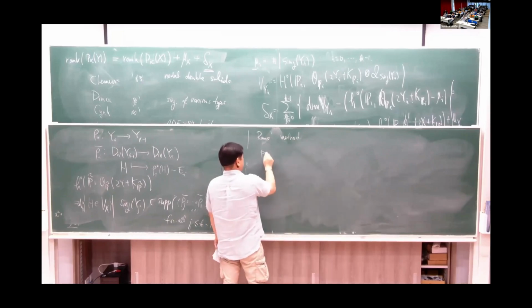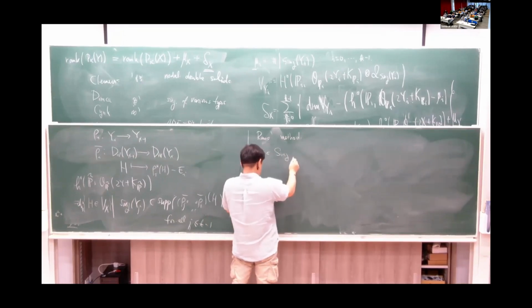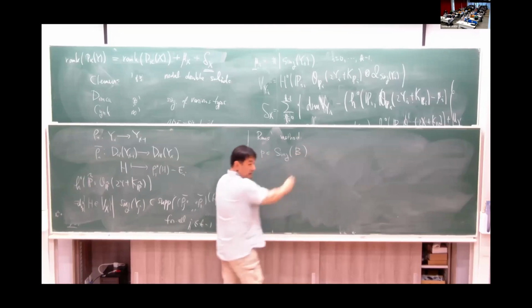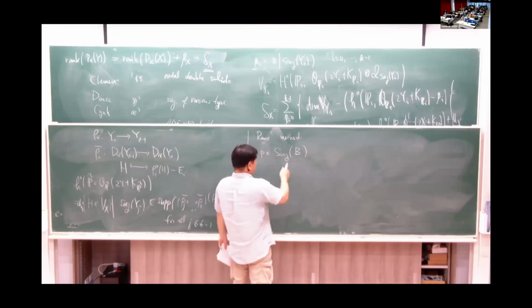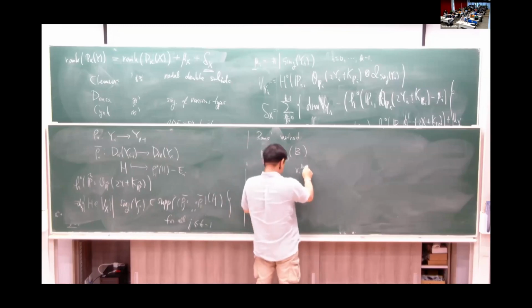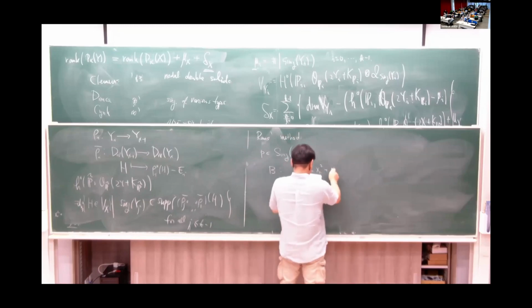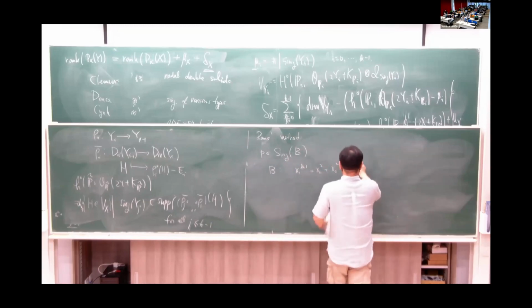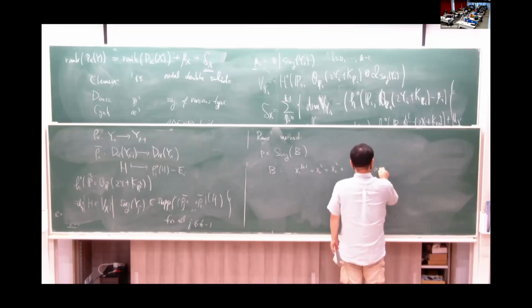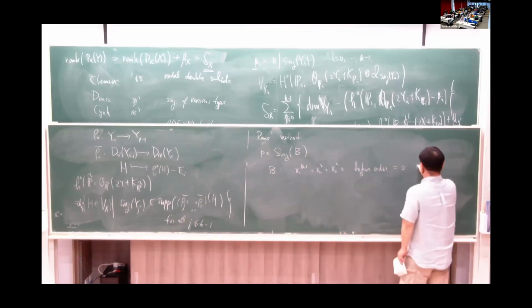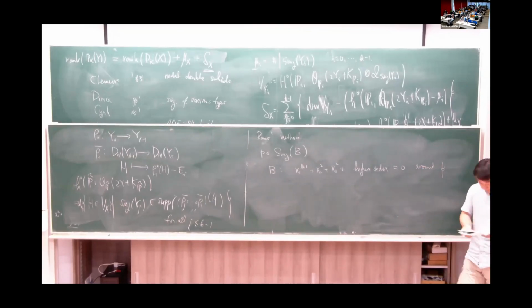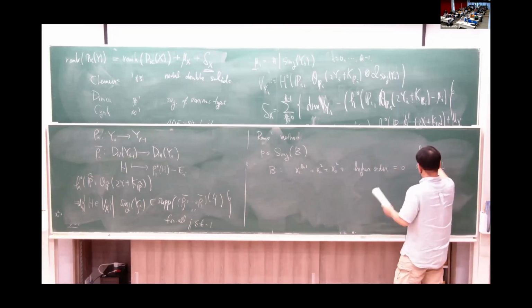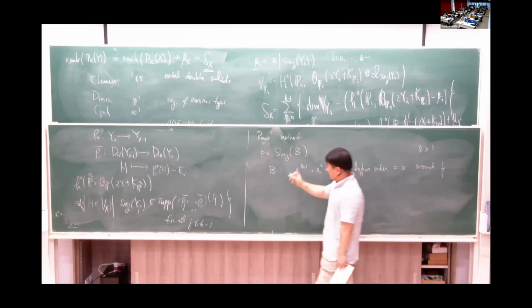Whenever you have a singular point P on B in P3, then B locally looks like this around P, because these are A_L singularities. And he defined the condition,